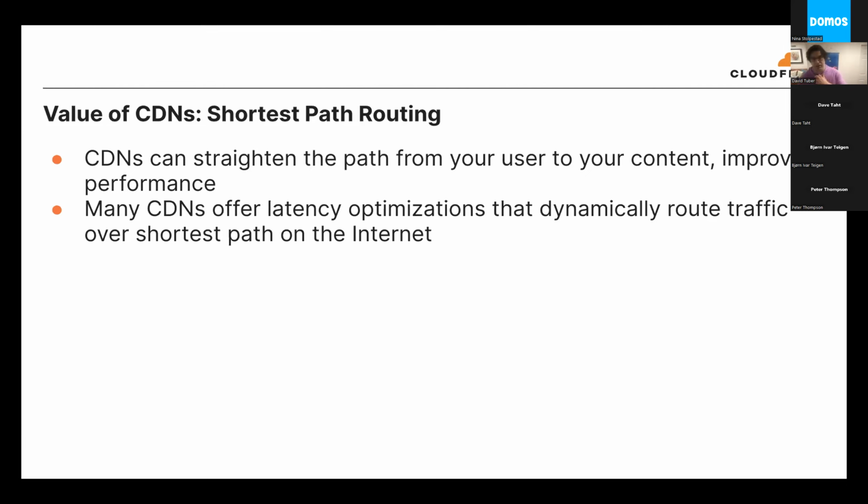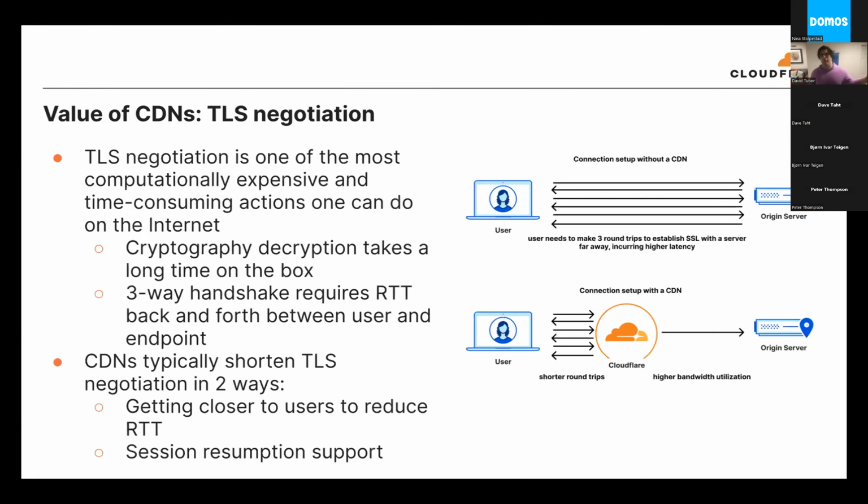A lot of CDNs offer services like this. For Cloudflare, it's called Argo. For Akamai, it's called SureRoute. I don't know what Fastly's is called, but they have lots of different options like that. Amazon's is called Global Accelerator. A lot of them, if they have private backbones, will use their backbones to really improve this. A lot of network capacity and cabling goes into this kind of stuff. And you can do it yourself, but that's a real pain. You don't want to do it.